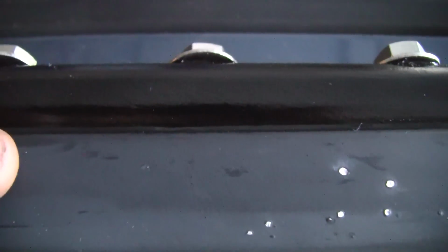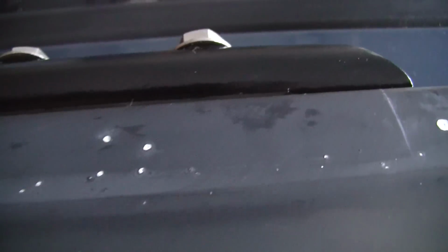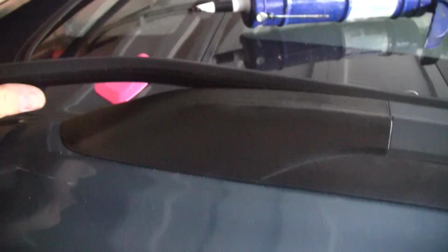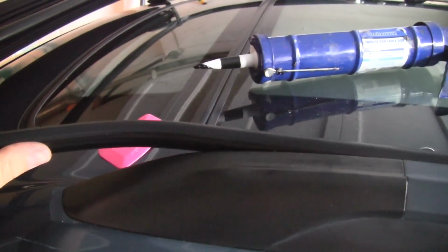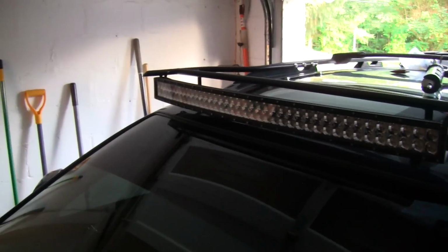I ran a bead of silicone between the roof rack and the light bar mount to try to keep water out of the pipe here, because it would suck to get water in it and have it freeze and split open or rust from the inside out. But yeah, there it is. Turned out pretty decent. One thing that I am kind of concerned about is